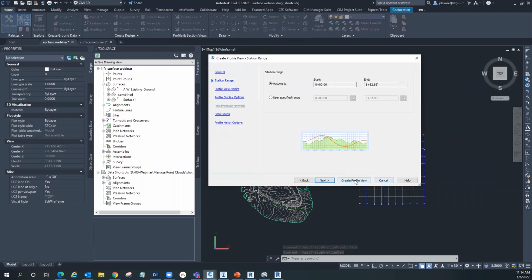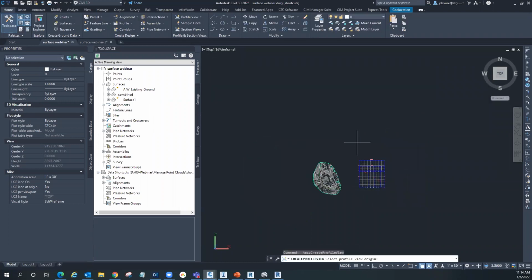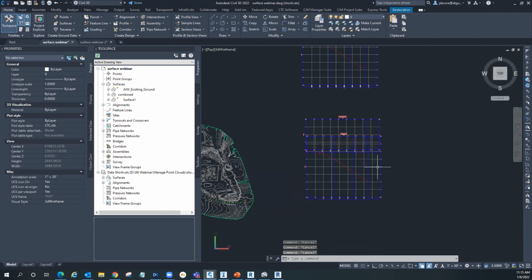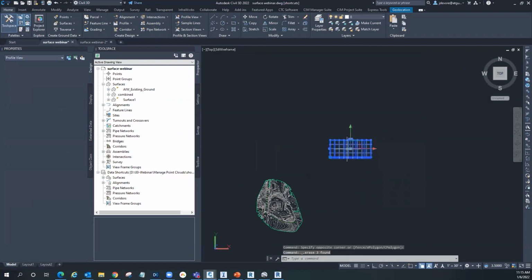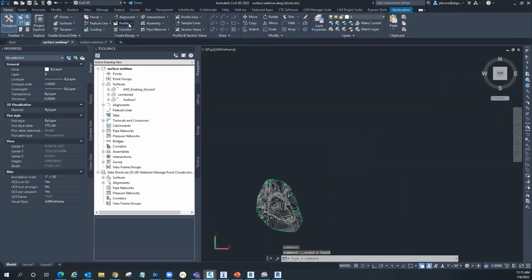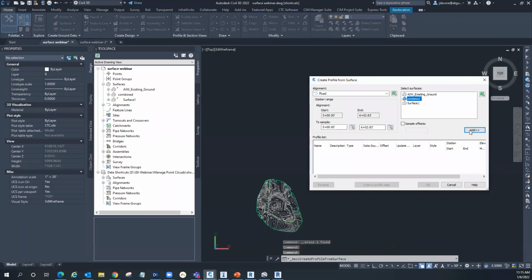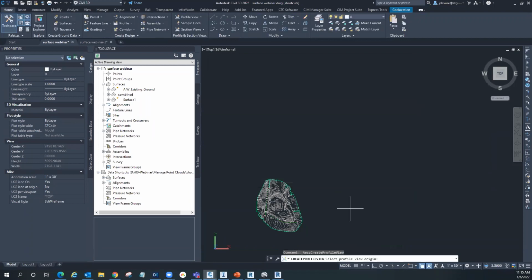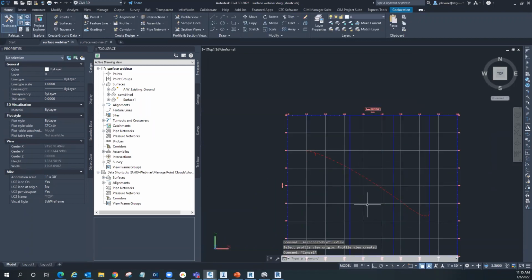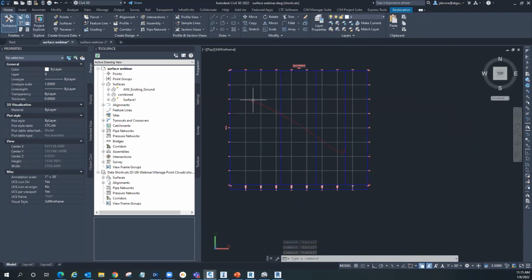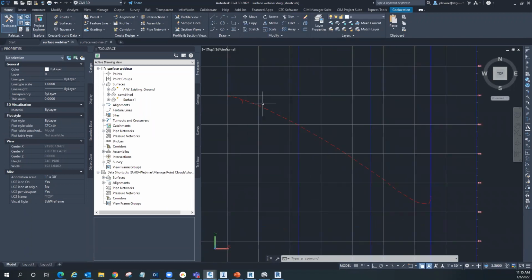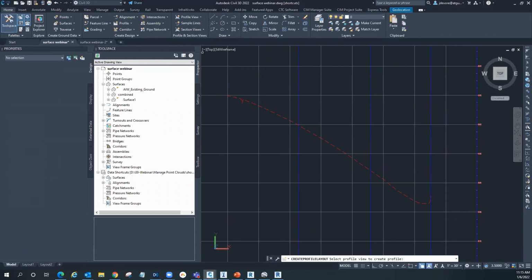Next. Oh, I created another one. That's okay. We'll just delete that. These other ones. Okay. Let's do that again. Combined road, draw and profile view. Next. Okay, so we have our existing ground for the road profile. And then if we wanted to, so this has the existing ground listed over there. So let's go and bring up our profile creation tools, which are